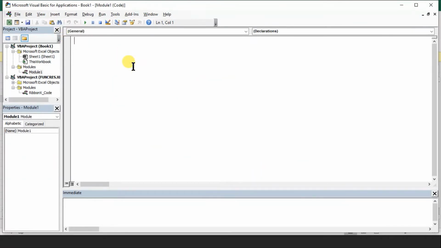So we will not declare any variable and let's calculate our interest, say the simple interest formula. So I say Sub, name of it, int_cal. So we are making a sub to calculate interest. Interest is like principal, rate, time, and the simple interest formula is SI.